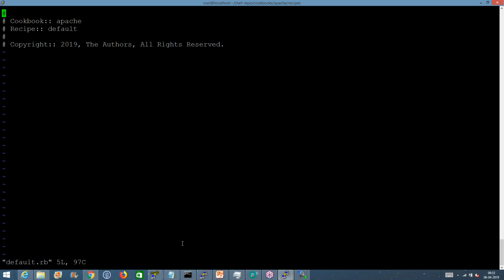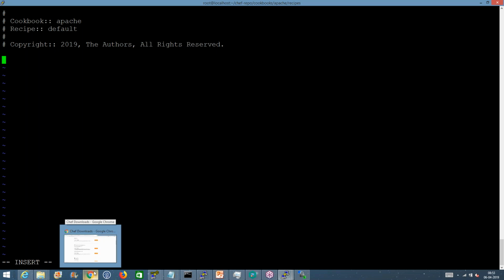The hash is used for showing comments. So all the lines that you are seeing right now are basically comments inside the recipe. One thing I wanted to show you is